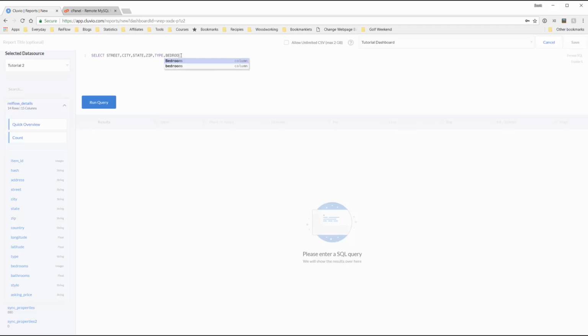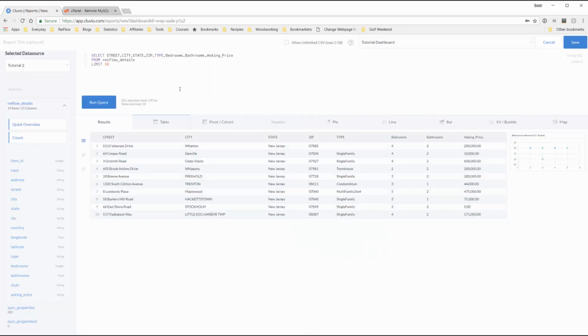Type, bedrooms, bathrooms, and asking price, from REI Flow details, limit 10. So let's run that. All right. Now, unfortunately, I don't have a date field in this database table, but if you did, you could